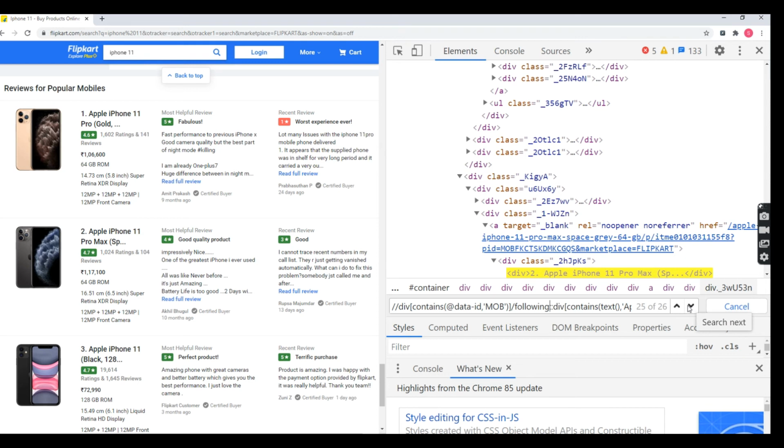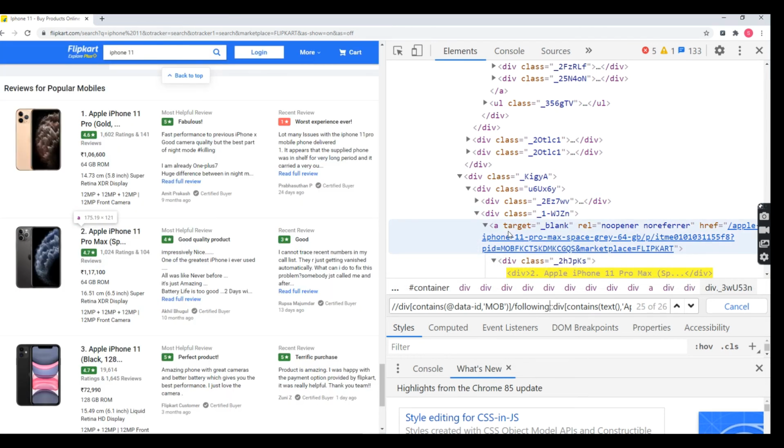Descendant means that only inside the tag are all the elements considered. If you are using following, it goes beyond the current node. After the current node also, it will highlight all the places where this Apple iPhone 11 text is available. So this is the difference between following and descendant.